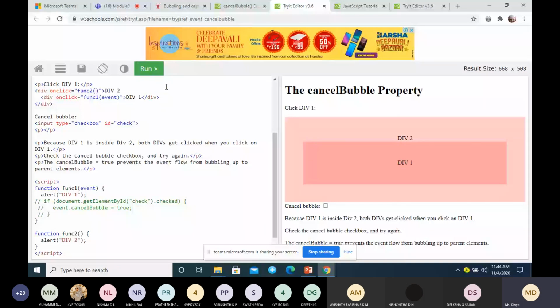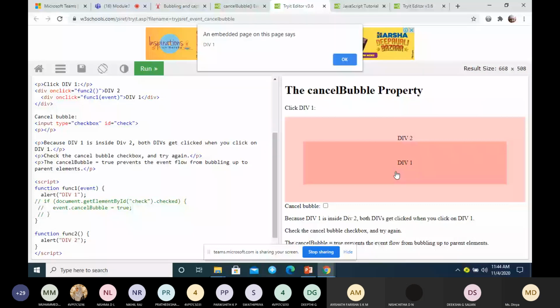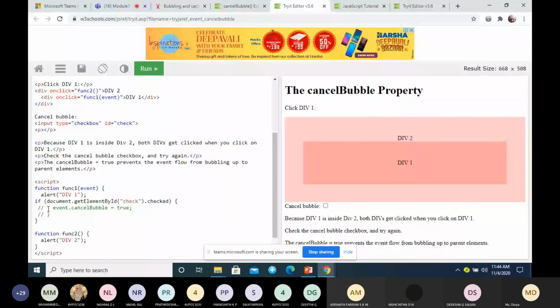You call div1, it will display the message div1, without any cancel property. Now let us run the program.